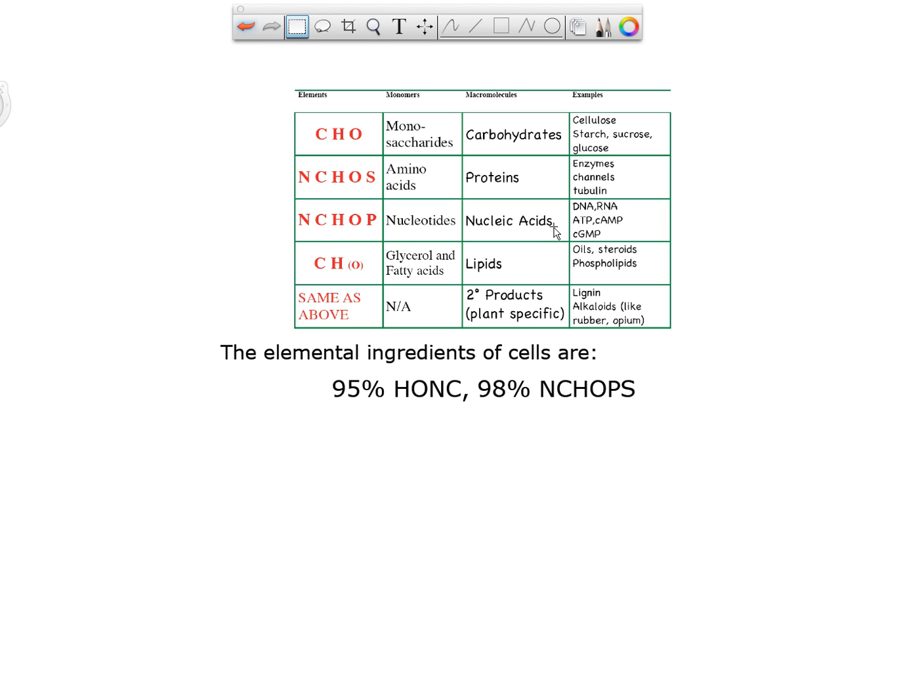Nucleic acids, you learned in Biology 211, are made of nucleotides, and nucleotides have an amino group, right, or the nitrogen base, sorry. They have a standard sugar, and they have the phosphate attachment. So N-CHOP, nitrogen, carbon, hydrogen, oxygen, and phosphorus are all of the elements used to make a nucleotide and therefore